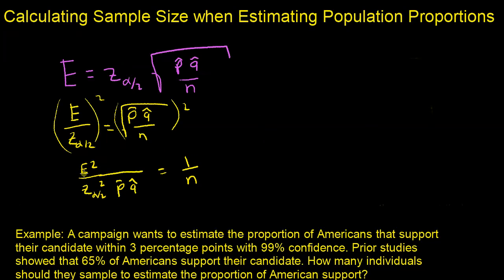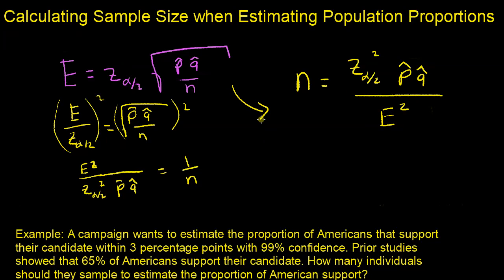Lastly, take the reciprocal of both sides. So then we have n equals z alpha divided by 2 squared times p hat q hat divided by e squared. Just a few algebra steps